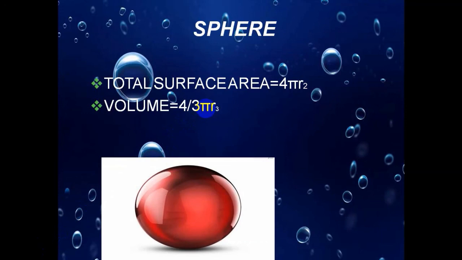So dear students, in this video lecture you see here that some figures are 2 dimensional and some figures are 3 dimensional. So the main point is how to find the perimeter and area of a 2-dimensional shape, and how to find the area, perimeter and volume of 3D shapes. Now this is the end of this segment.